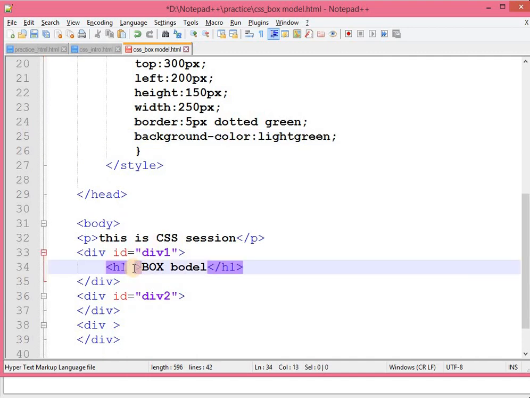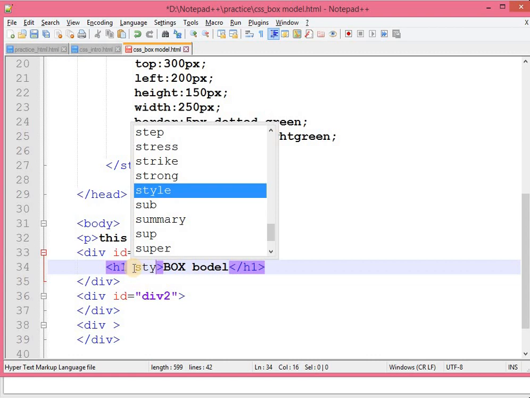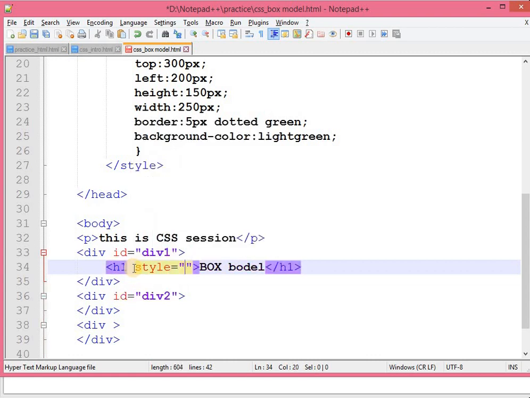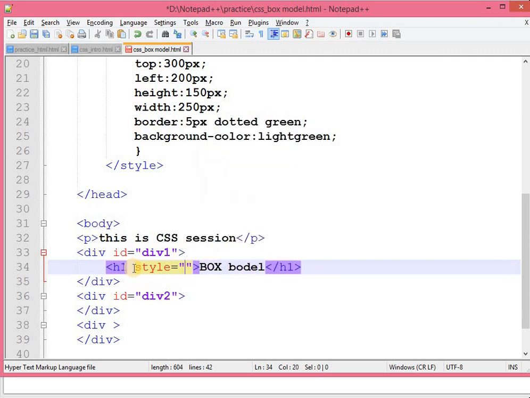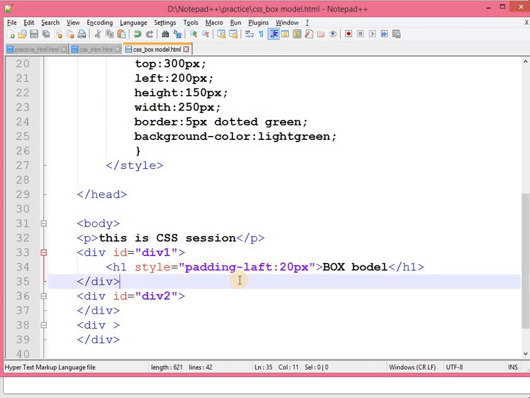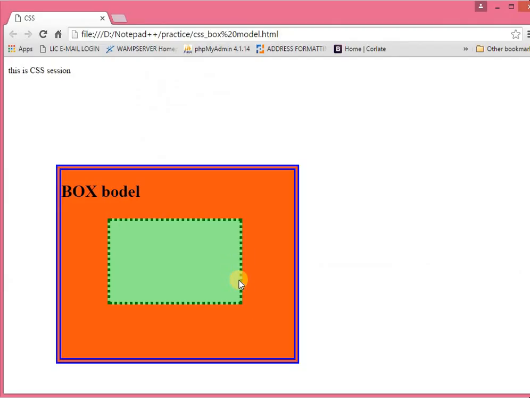For example, I want to set style tag equals to, I want margin, not margin, actually padding from left side, and I want to set it 20 pixel. Okay, save this and just refresh it.